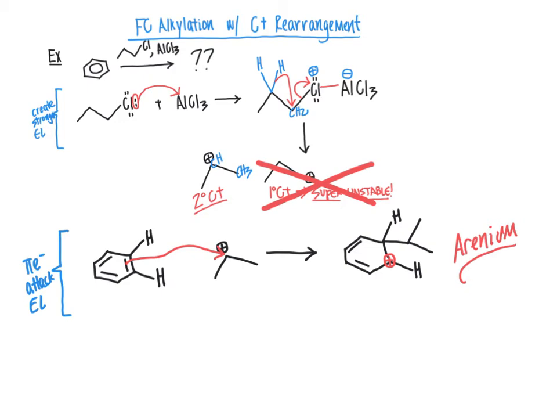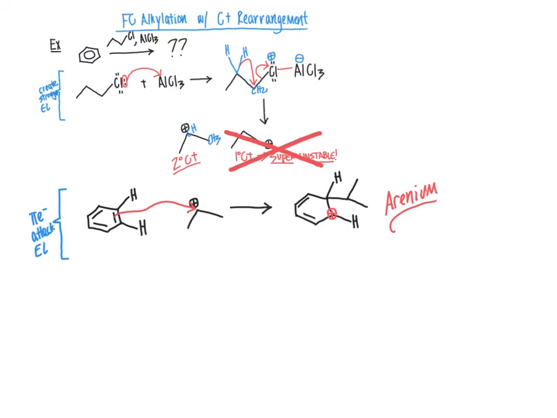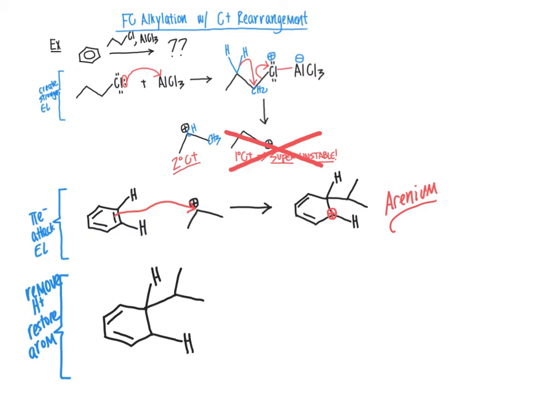And then finally, as our third and final step of this reaction, or third and final chapter of this reaction, is that we are going to restore aromaticity by removing a proton. So we're going to remove, or lose, as I could call it, a proton from the arenium to restore the aromaticity. And this is that beta elimination type reaction. So I bring in, redrawing my positive charge here of our arenium, bringing in a base to carry this out,